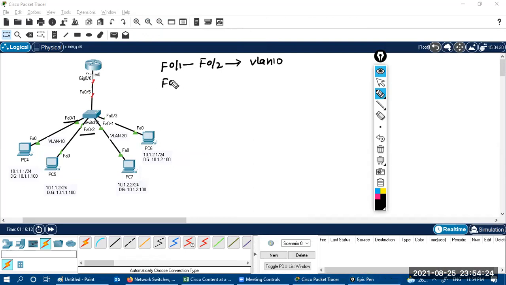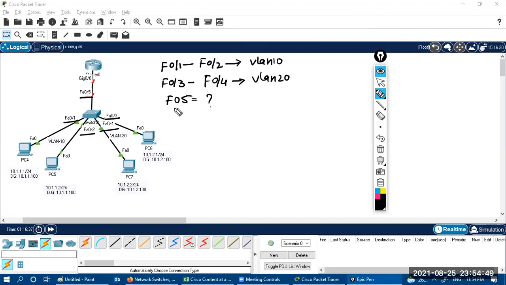In the same manner, F0/3 and F0/4 are members of VLAN 20. These two are members of VLAN 10, these two are members of VLAN 20. Now I'm talking about F0/5. F0/5 is a member of which VLAN?